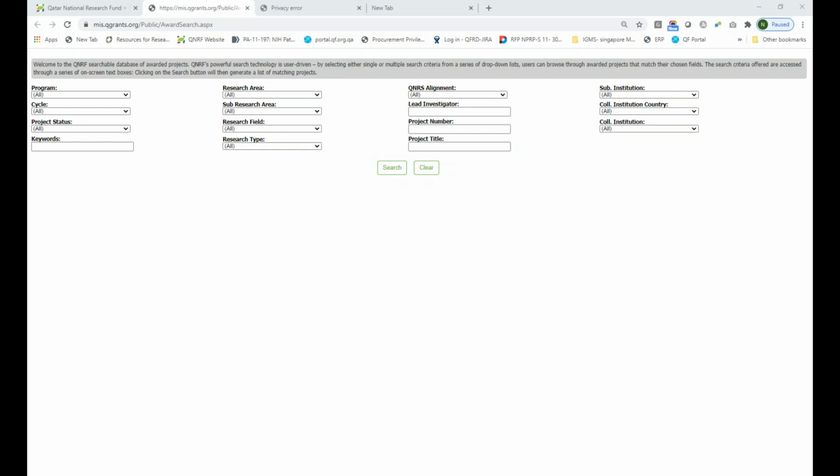Can the project director be from one of the external collaborators, or should it be from a Qatari institution? No, as I mentioned, the project director must be from the submitting institution, an approved submitting institution within Qatar. Cannot be from outside Qatar, and cannot be from just any institution. Must be from an approved submitting institution.